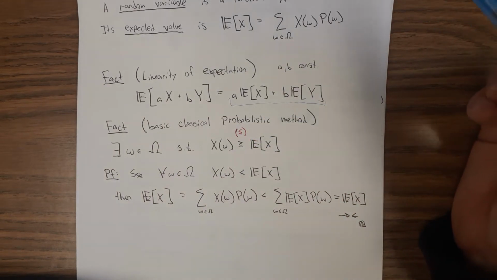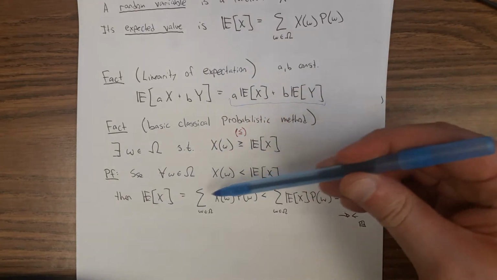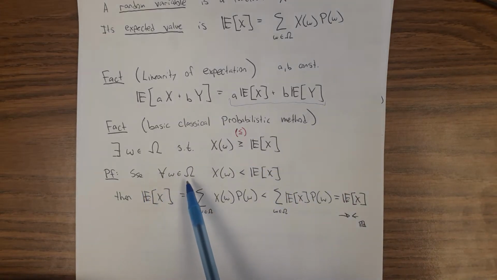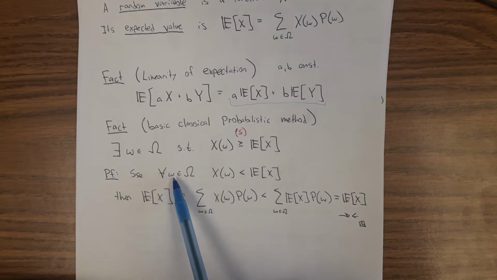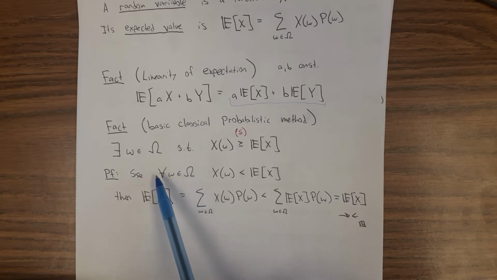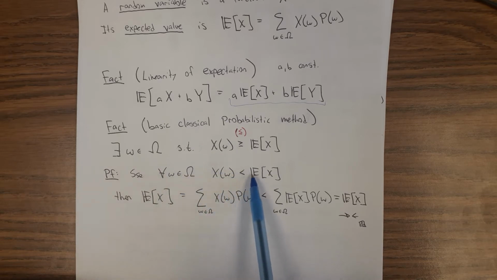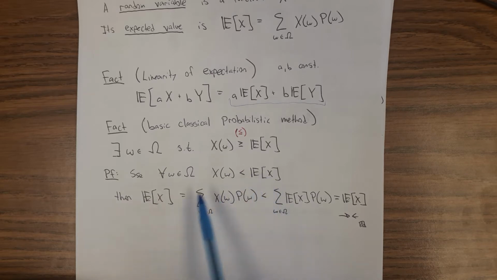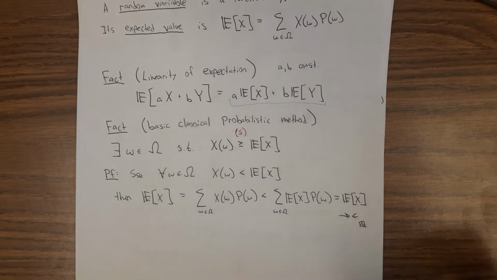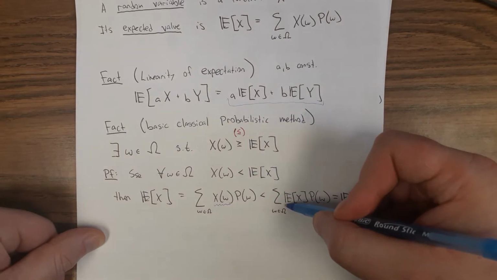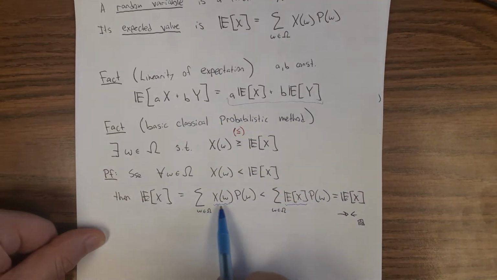Anyway, let's go through the formal proof. The formal proof is a formalization of the intuitive idea that I just said. Suppose it was the case that for all omega, and this is a proof by contradiction, and I'm just writing the negation of this. So for all omega, we have x of omega is strictly less than this. Well, then look, this is defined to be this, and if this is always less than this,